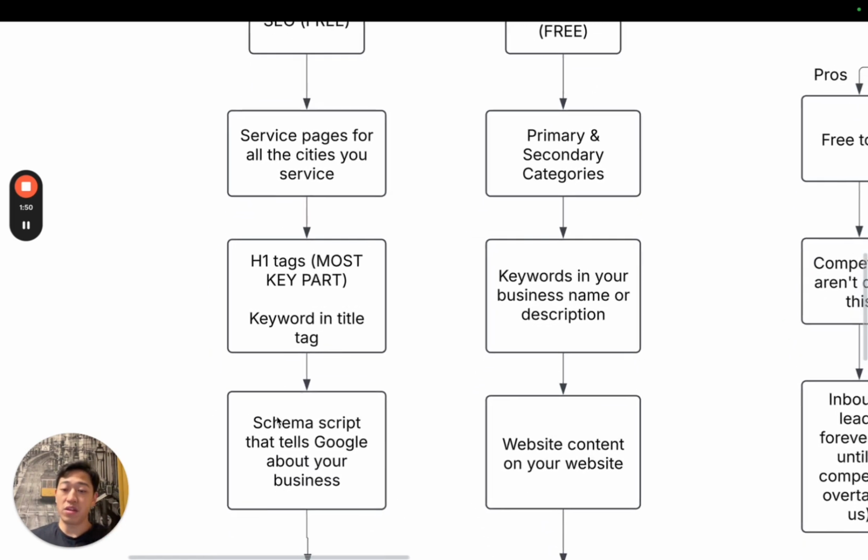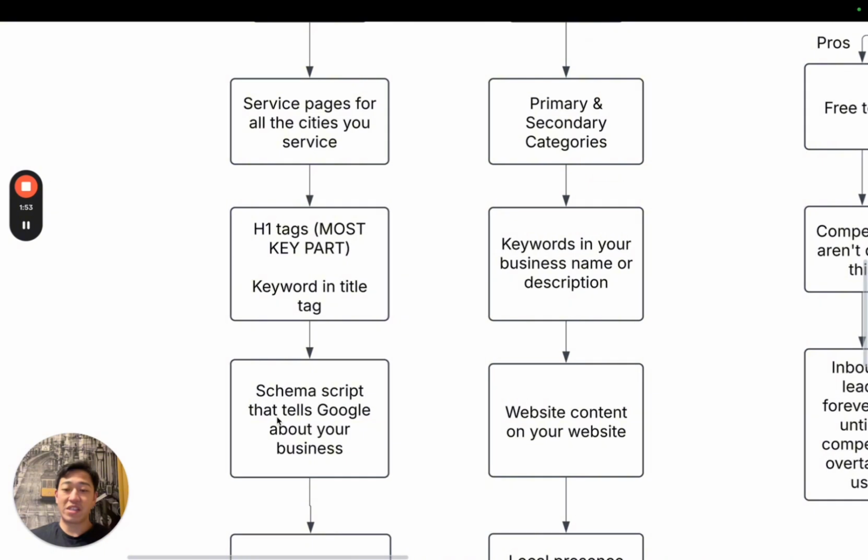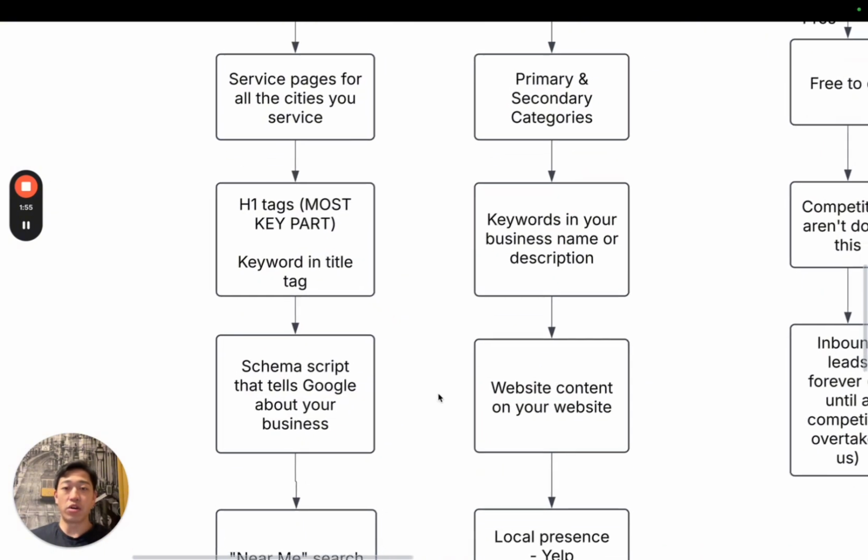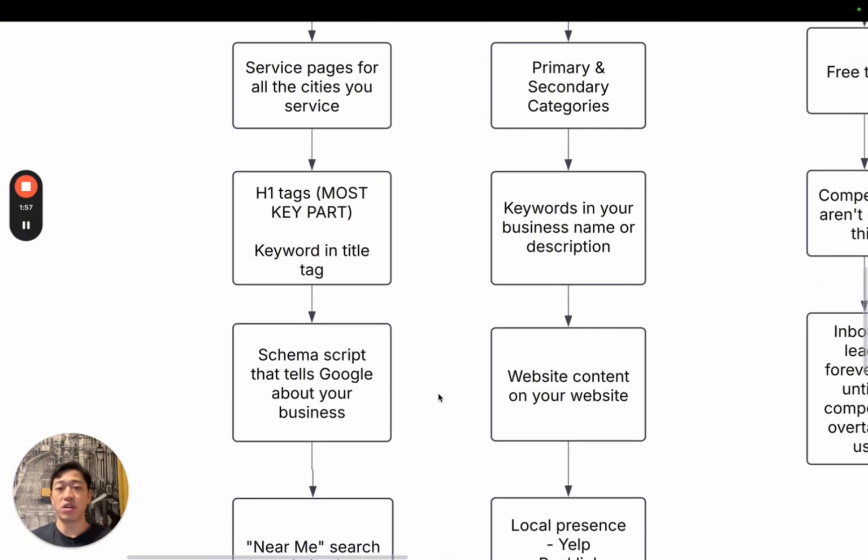On top of that, there's this thing with schema scripts that tells Google about your business. So whenever Google's actually crawling through all of the different pages of your competitors' pages, they're currently looking at what is the best fit for the person searching for this keyword. So whenever a homeowner searches for a keyword, you need to have a schema script where it'll show what service you offer, the price point, the different reviews you have, hours that your business is active in, and also the